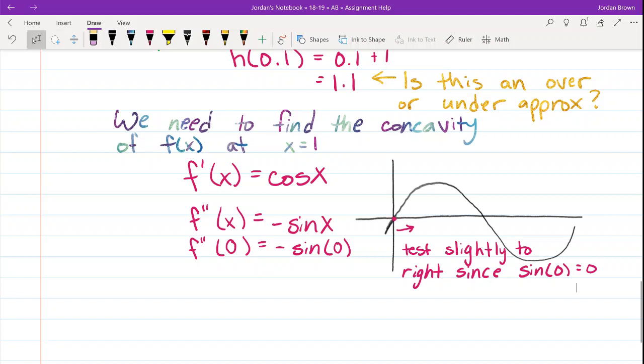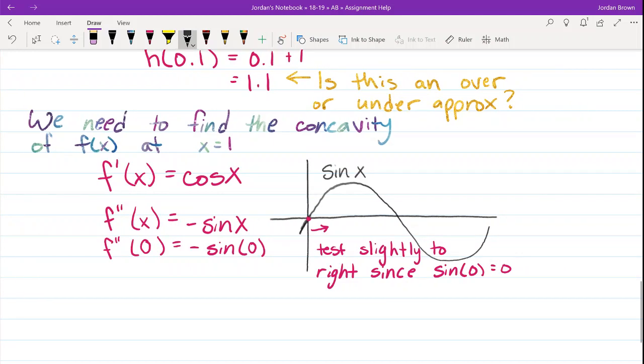But the reason being, since we're testing slightly to the right, since sine of 0 is 0, and this is the original sine of x function, what I'm doing is saying for x greater than 0, and I should say greater than 0 but less than pi, sine of x